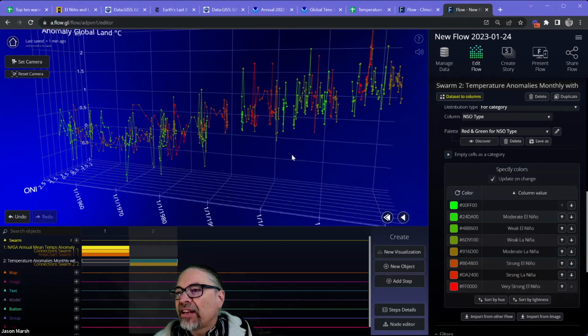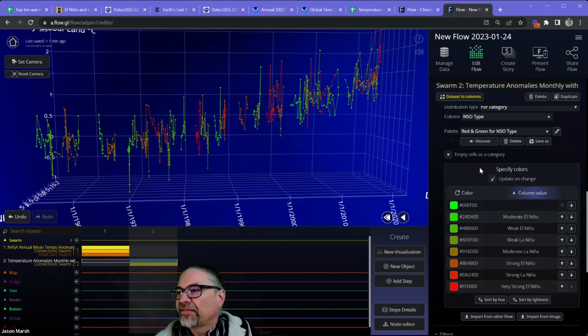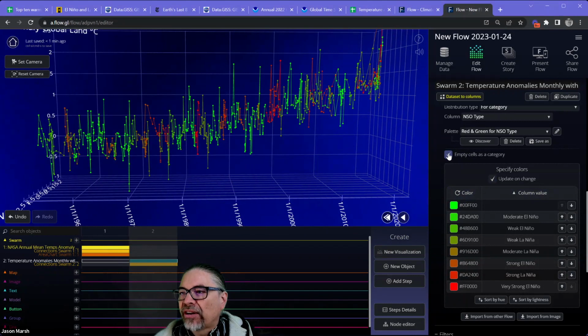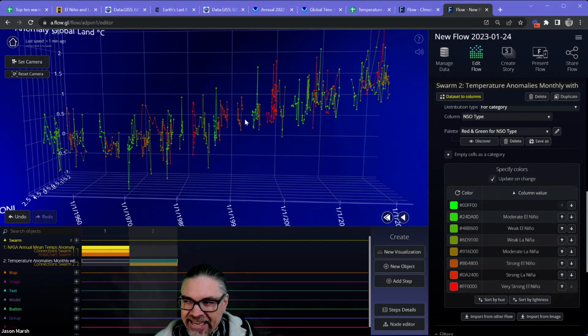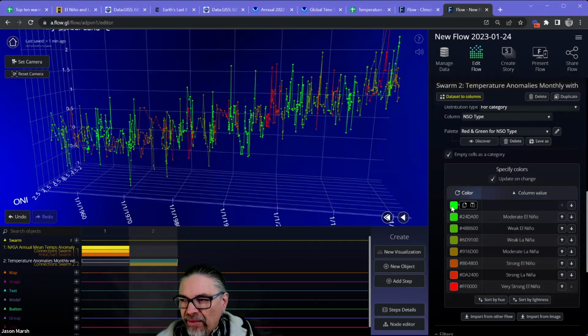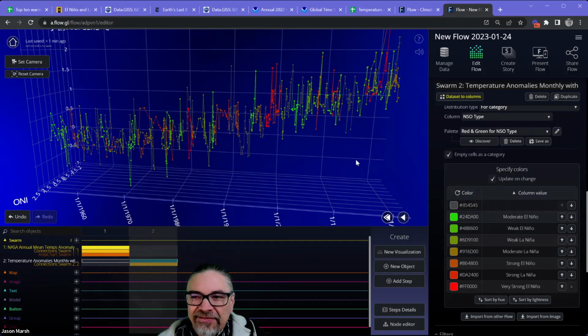You'll also notice some gaps. That's because not every row in my data set has a characterization, because sometimes it was neither. It was just a middle value in between the two. So the empty cells as category is the checkbox that says, even though there's no data in this column, we think that is meaningful, and so we do want to show those. It happens to be showing them in a bright green, which I think isn't great, actually, because it's kind of non-data. Let's make it a dark gray.